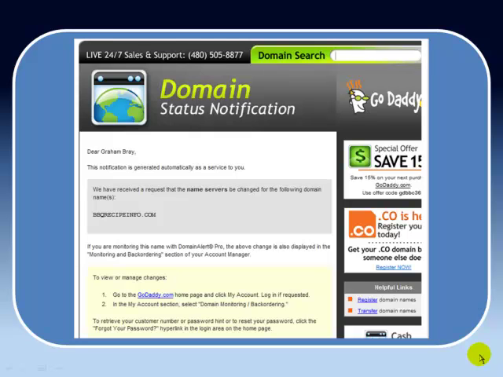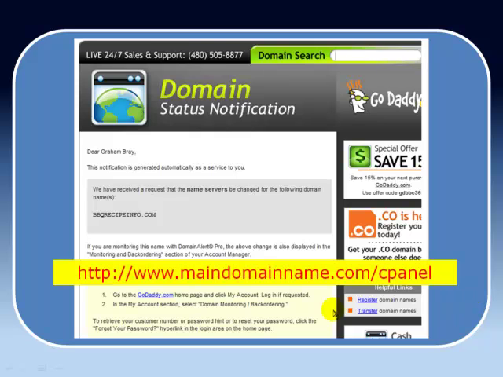and you should receive from GoDaddy one of these emails just telling you that changes have taken place. We should request name servers be changed to the following domain. So hopefully everything is now in place. Now what I need to do is go to Hostgator. So I need you to put in